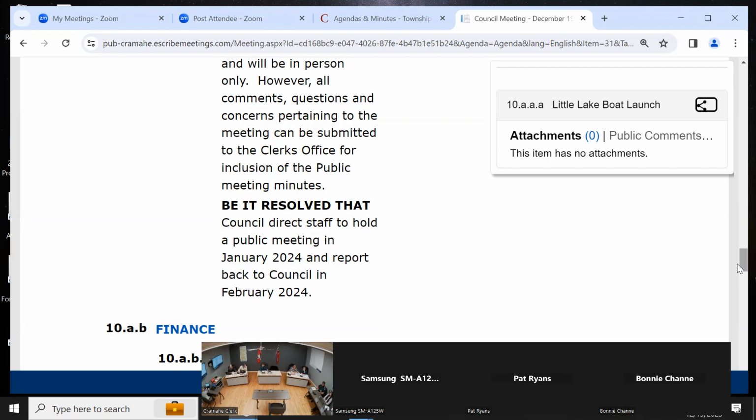Holly, what is the reason we can't have a hybrid? Like, I mean, we've done it before down there with the big crowd. So why can we not do it now? Can we not do what Janet just did now? Punch in here and have it so that we can,